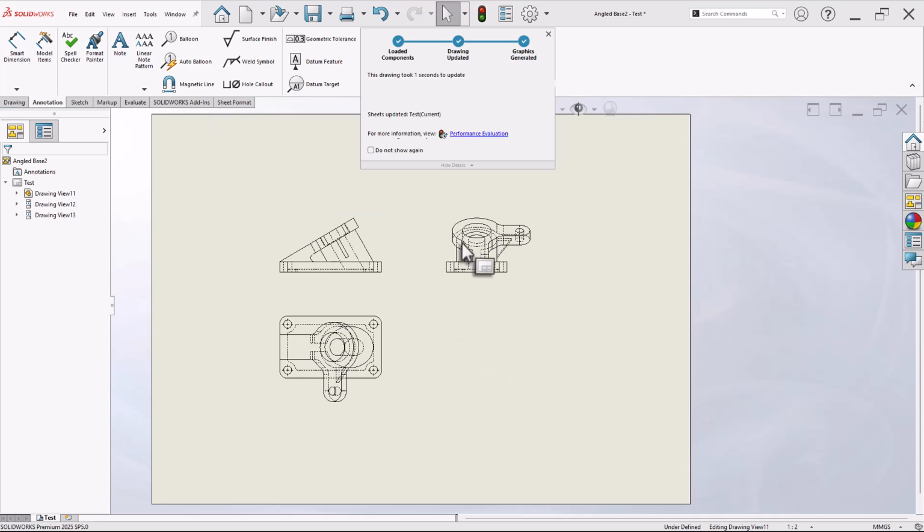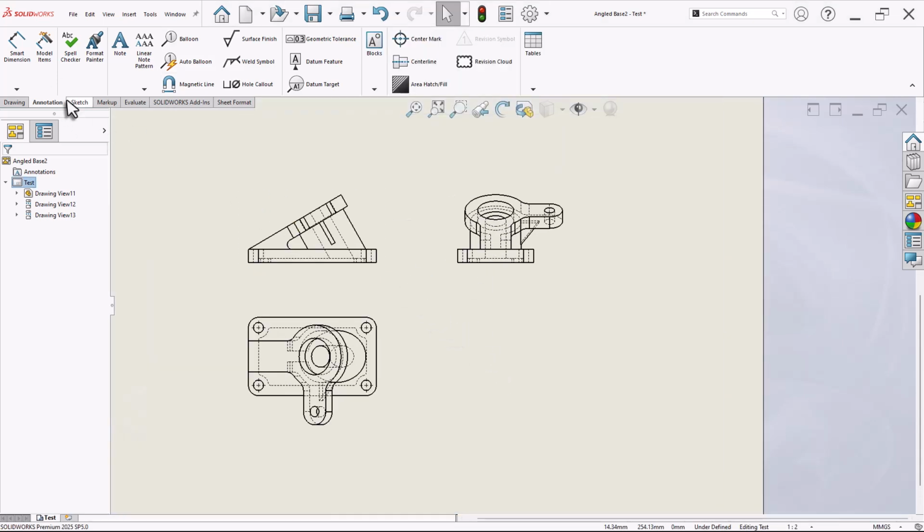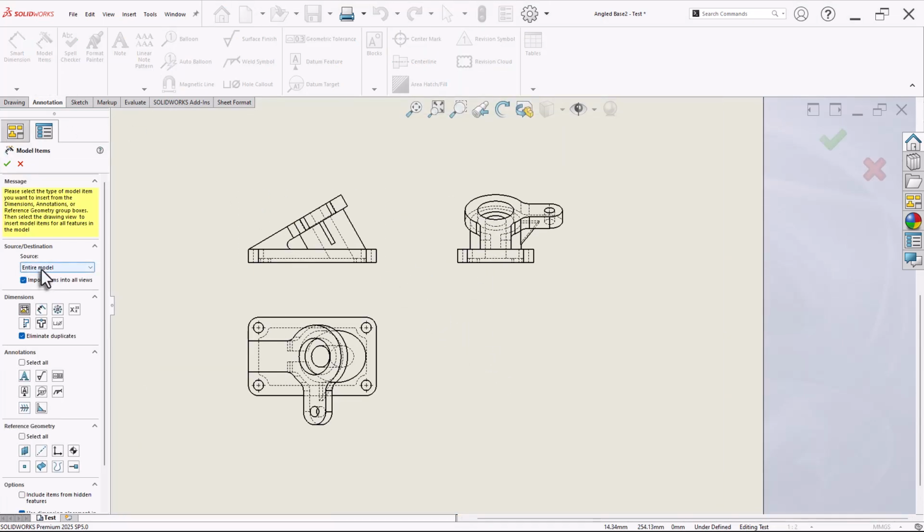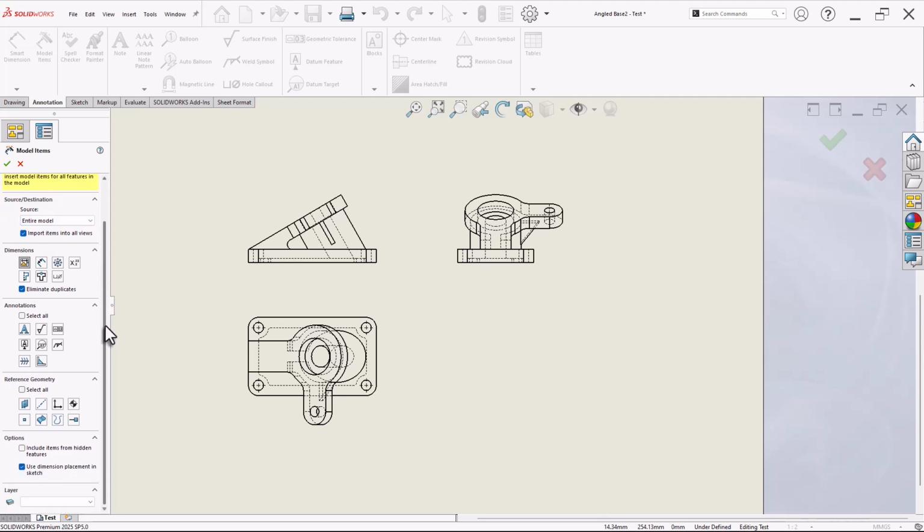So let's go to the drawing again. Now let's select the source entire model. Here you can give the dimension to a selected feature, but we want to apply dimension to the entire model. What you can import is all the dimensions which are marked. We can also import the callout, number of instances used in a circular pattern or linear pattern, and so on. If your annotations or part modeling contain any such notes like surface symbols or the note, you can also